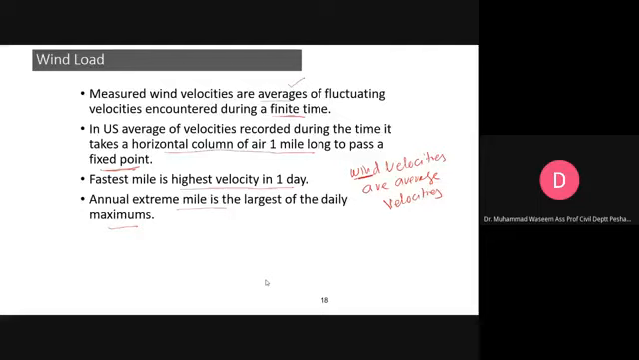So whenever we design for winds, these wind speeds correspond to a certain return period. And if we look at the IBC or our code,